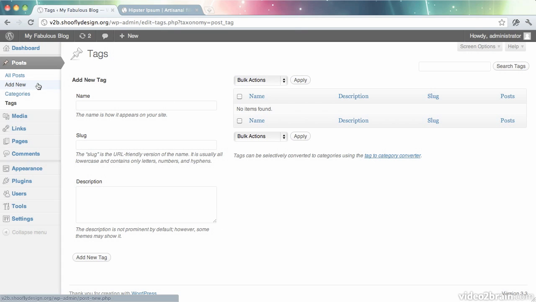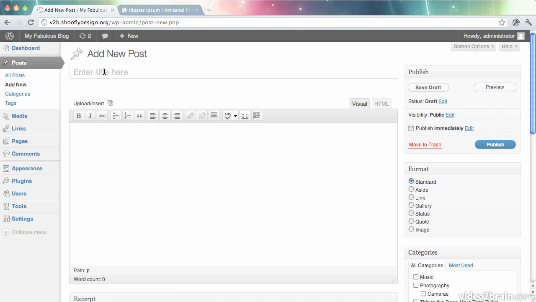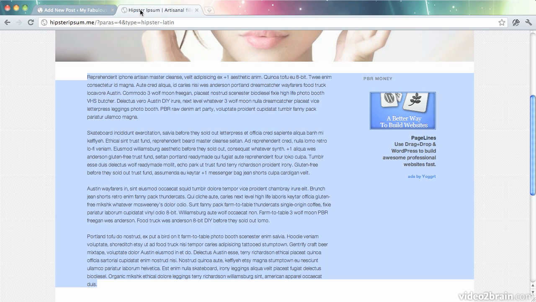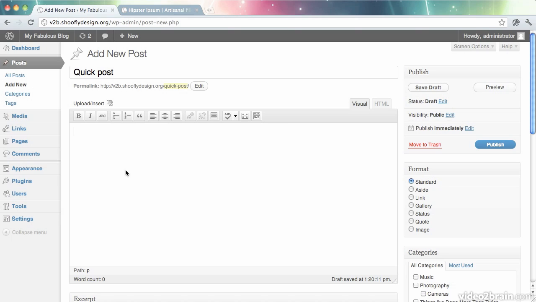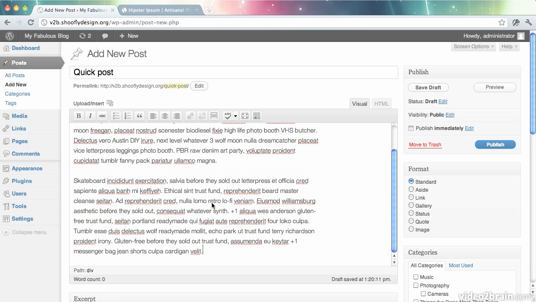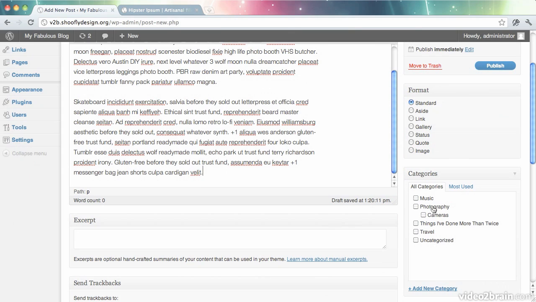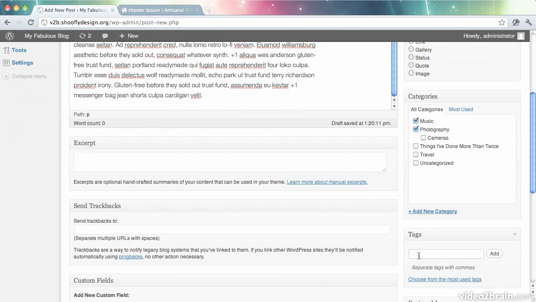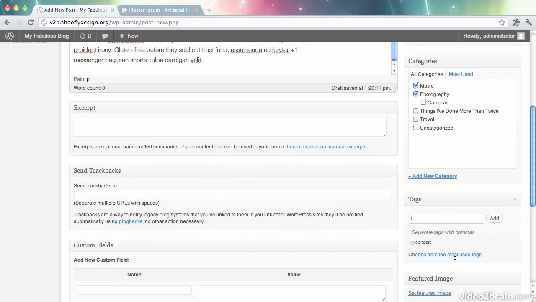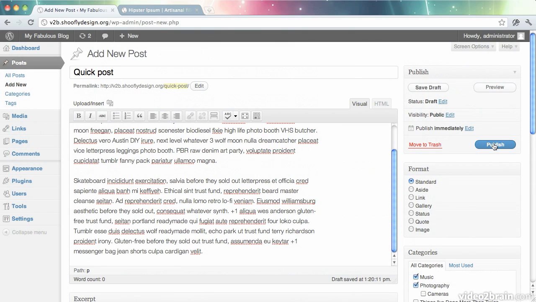So let's go back and create a post and use some of these things. Quick post. I grab some filler text here. Paste that in. And now I'm going to add a couple of these. And I'm going to add the tag concert. And let's say I went to a Talking Heads concert. I took a time machine and went to a Talking Heads concert. Great. Now if I publish this,